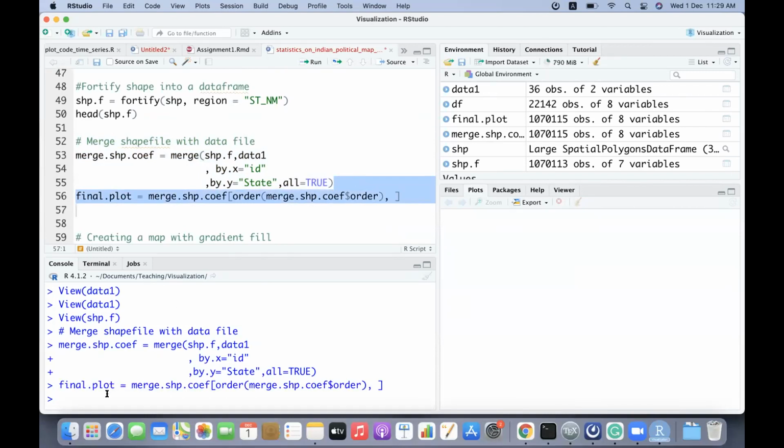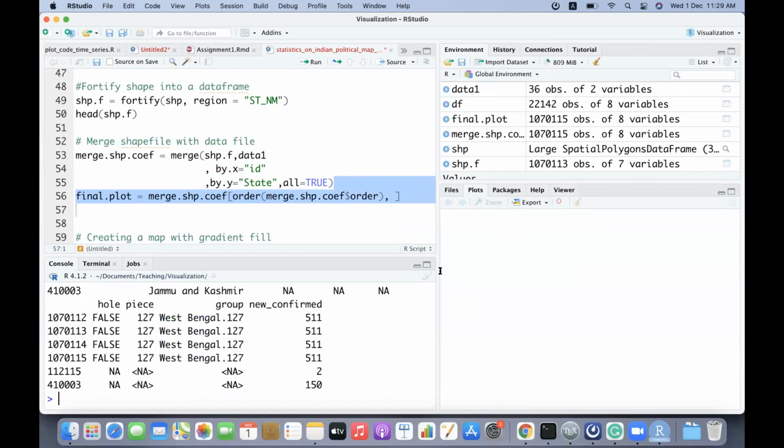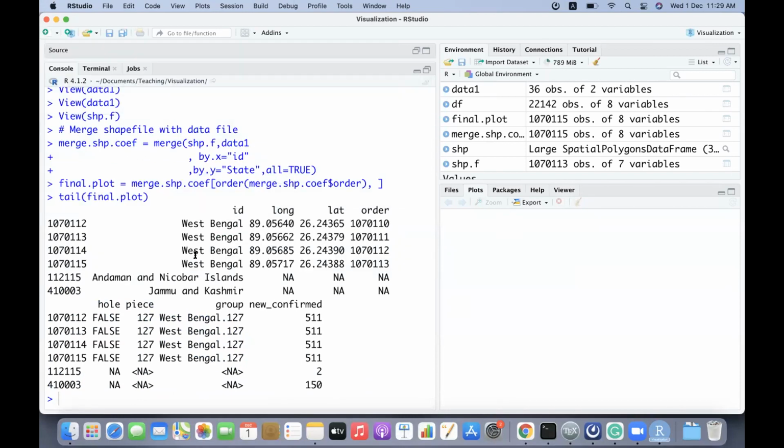Now if I say tail of final, my data is ready actually. What you will see is that for Andaman Nicobar Island, everything is NA, because no lat long was found, because there was no correct match, and same with Jammu and Kashmir. So that was the problem.